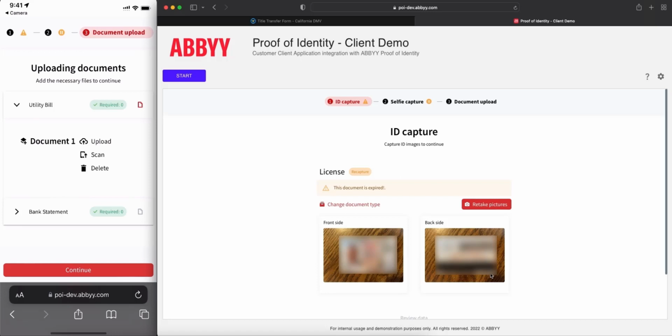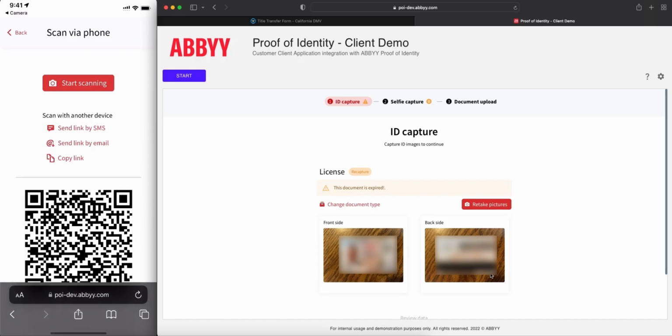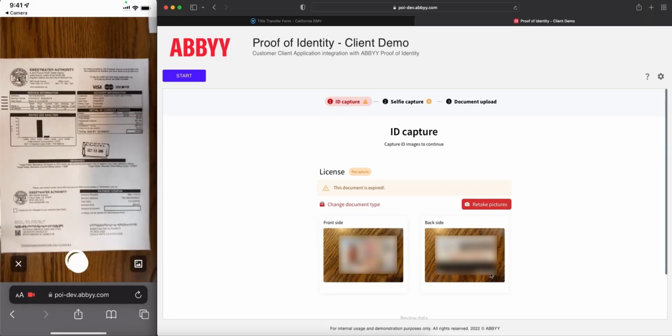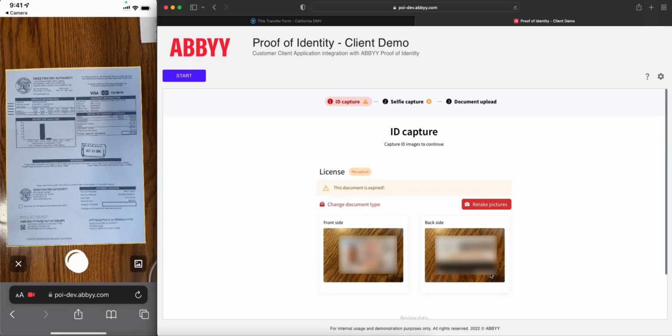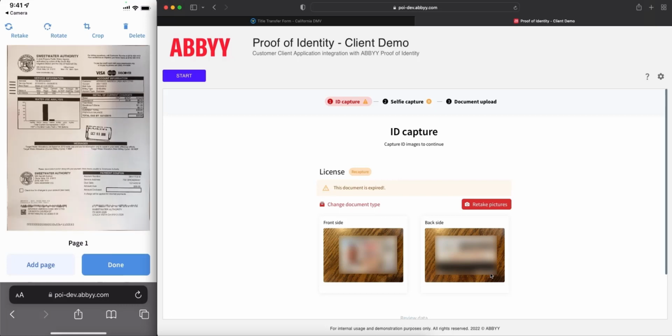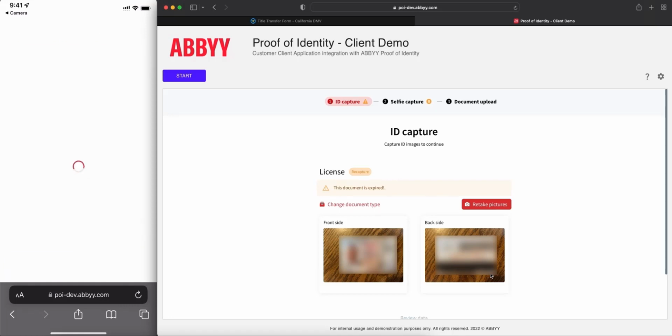For the demo, I'm just going to do a utility bill, but again, it could be anything. I'm going to scan this utility bill, and I'm just using this same mobile phone again. I'll start scanning, and we'll go to mobile web capture here, and the same kind of situation is that when the conditions are right, it's automatically going to capture that. I didn't click on anything. It took that picture for me when the conditions were right. It looks fine. I'll say done, and essentially now we're done, but we'll go through a couple of last steps